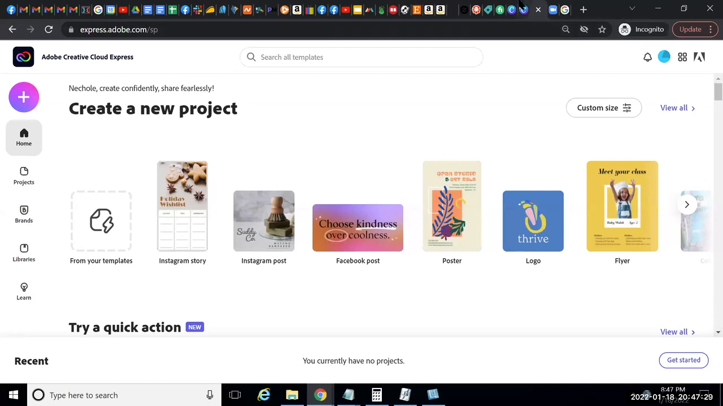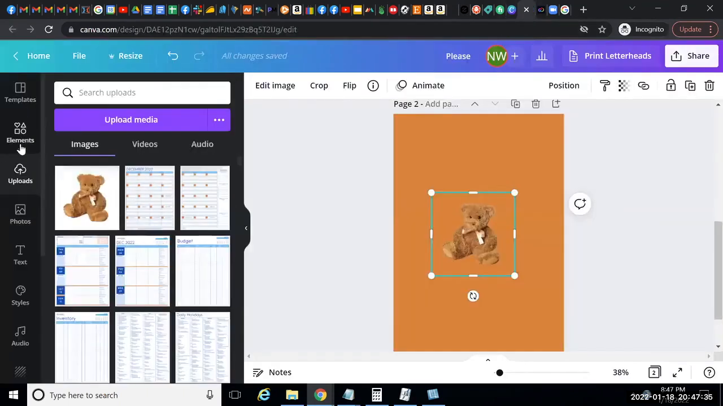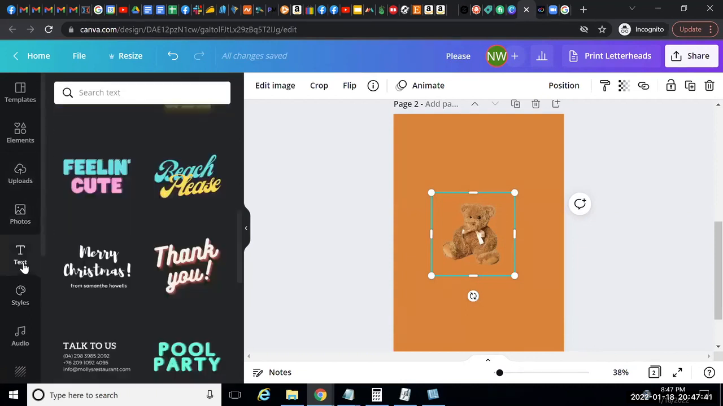It's fairly intuitive. Again, they have the similar functionality where you create the design, and then once you create the design, you'll have some design elements. You upload the image that you want. You'll be able to add photos. You'll be able to add text, whatever you want to do. So if I want to add some text to this,